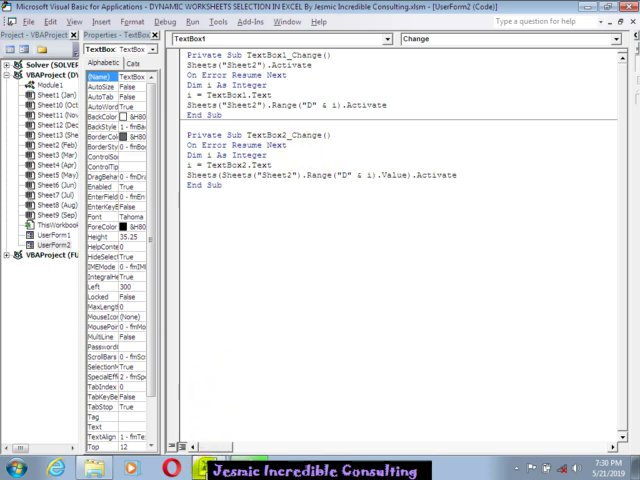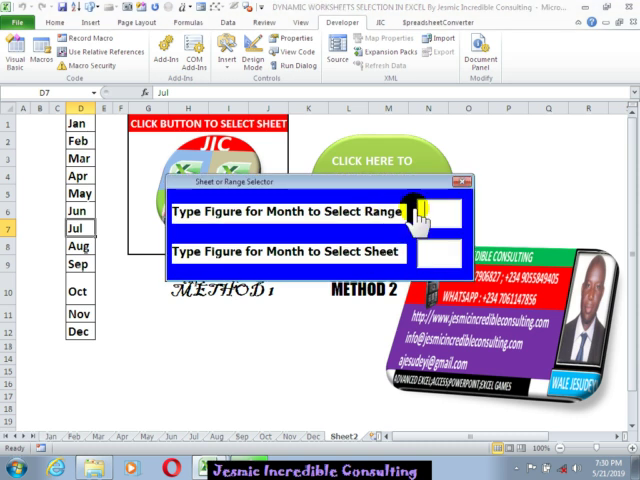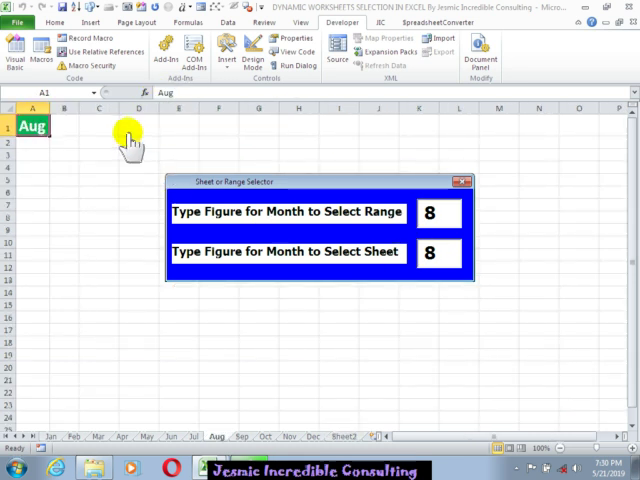So let's see how that works. I will use the green button here. If I type in 8 here, August is selected, we can see it above here, and with 8 here, you select sheet August, and 12